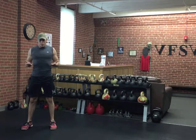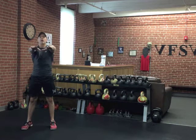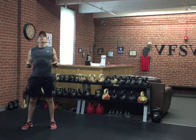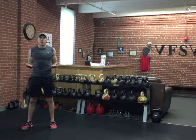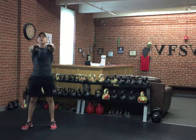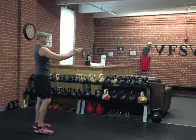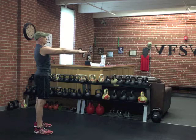Squeezing the shoulder blades again, standing tall. Open up your chest and squeeze the shoulder blades, and again, look up a little bit. So palms down as you're extended, palms up as you're contracted. And you're trying to pull your elbows close to your rib cage. Try not to flare the elbows out and make a big swooping motion out of it. Nice linear motion here. Again, from the sides, here, palms down, reach,